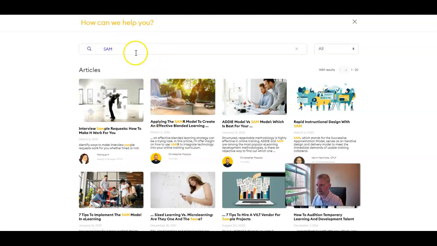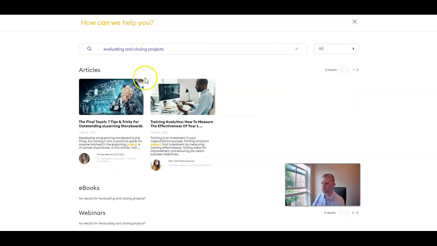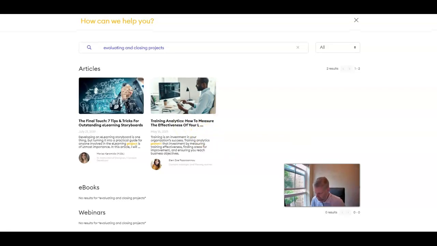Okay. And lastly, let's look at evaluating and closing projects. Again, how to measure the effectiveness of your learning project, of your learning and design programs, is an excellent article on the topic. Now, that all being said, as it is meant to be a practical and accessible website for